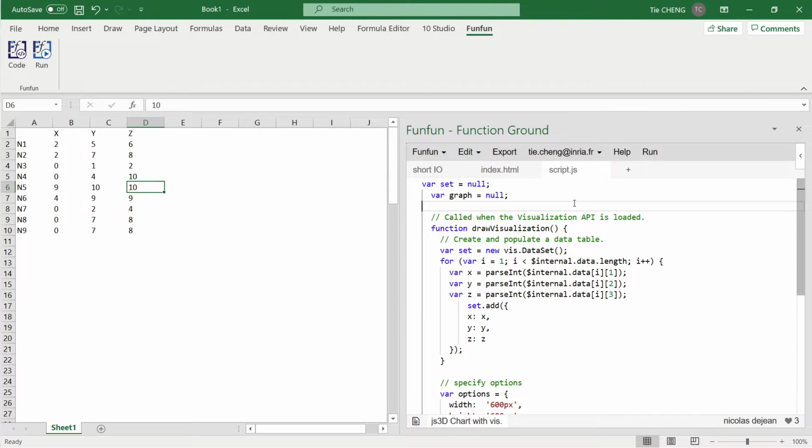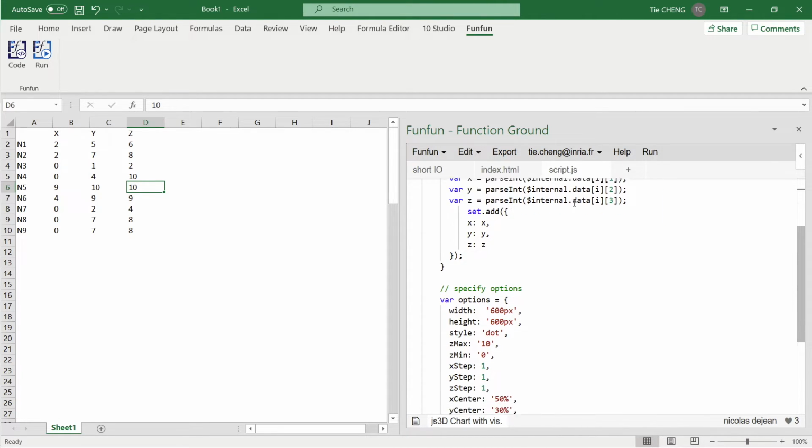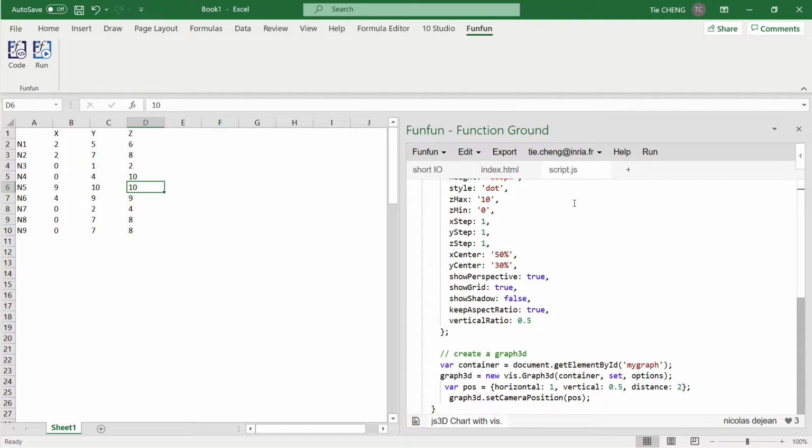The code to draw this 3D chart is short, it's less than 50 lines, because we leverage a library called vis.js in JavaScript. This is how you code in JavaScript to undertake data visualization in Excel by FanFan.